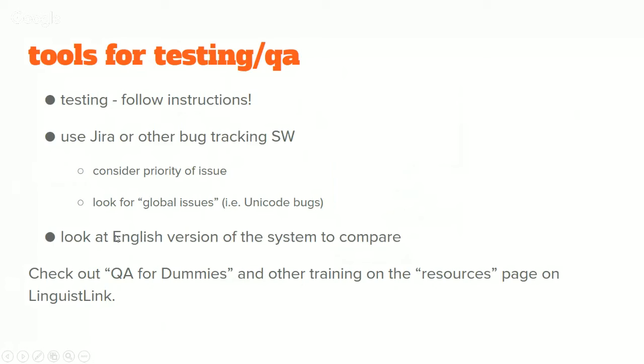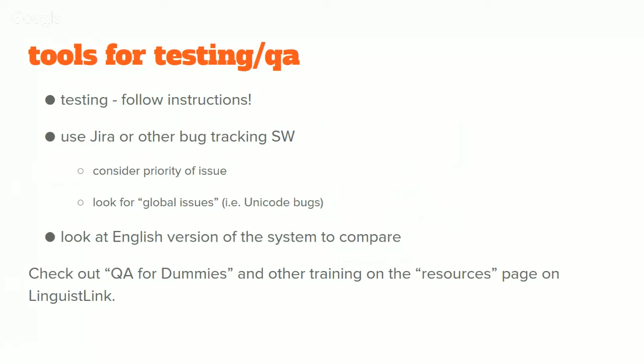And again, you have to be very familiar with the English source version of the system you're testing. I think a lot of people jump in. I've seen this happen where people jump into the application without really looking at the English source. And so you might be filing bugs for things that are out of scope, because the English source doesn't support that, so neither does the translated version. So use your common sense, and you'll do great.